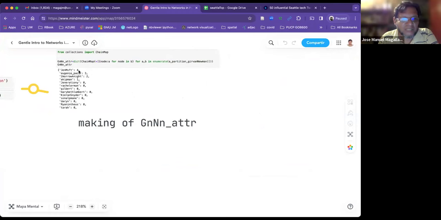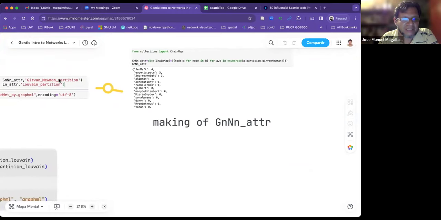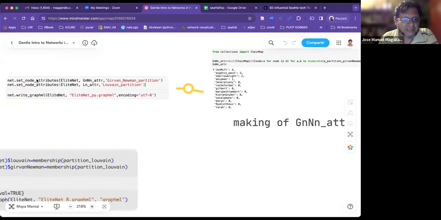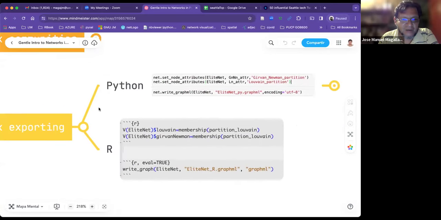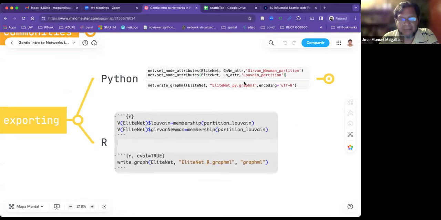This is a node and this is the group it belongs to. That's what I am setting as the attribute here. And then you just save it as a GraphML, for example. I tend to use GraphML because when you export,